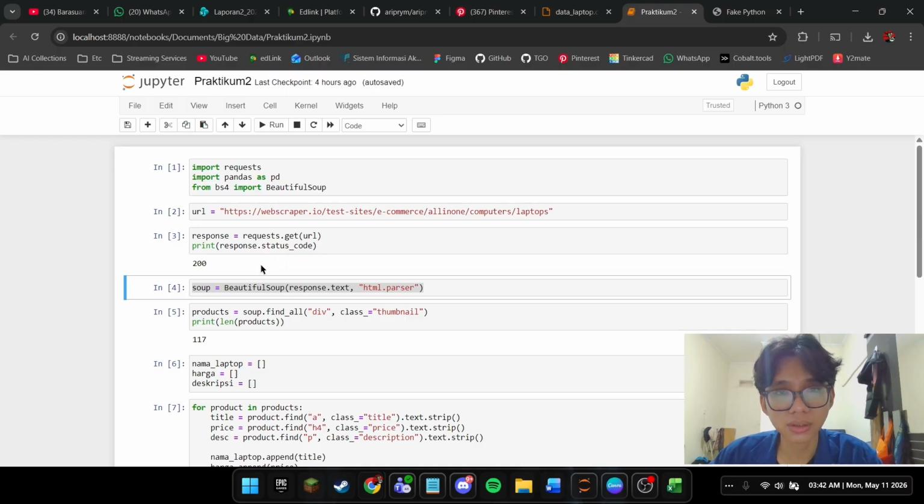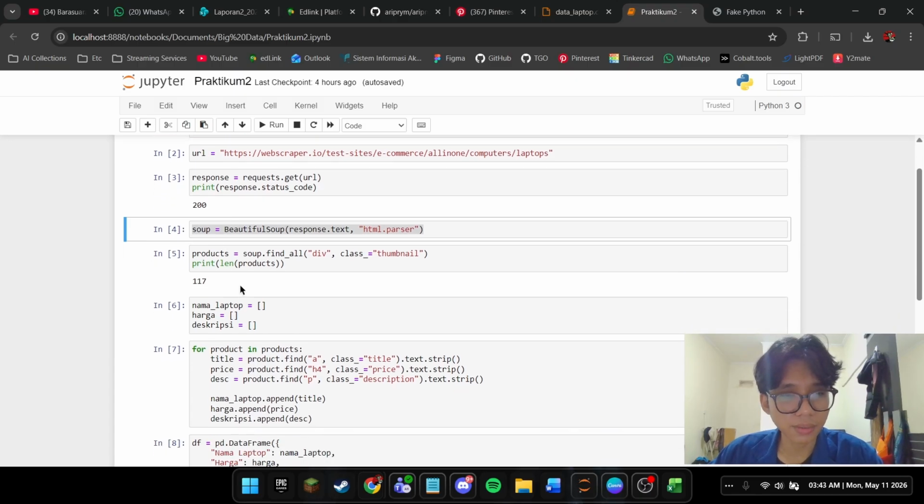The output is 200, meaning the server responded successfully and the page was accessed without any issues. Then I pass response.text into Beautiful Soup using the html.parser engine and store it in the variable soup. From here, the entire HTML structure of the page is ready to be traversed and extracted.